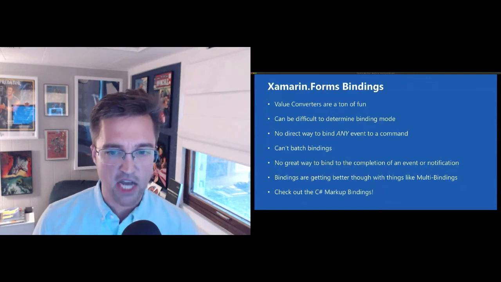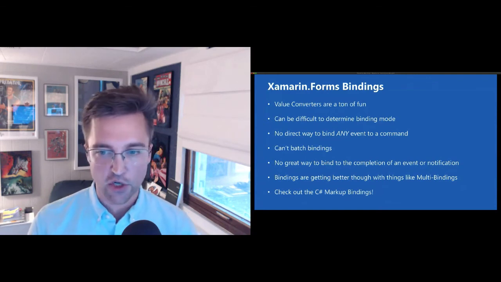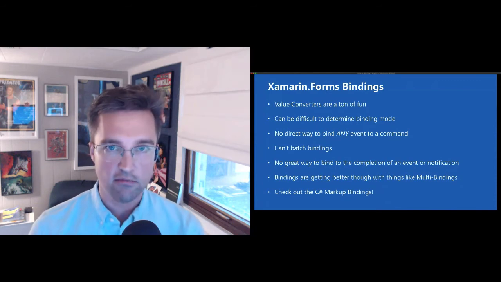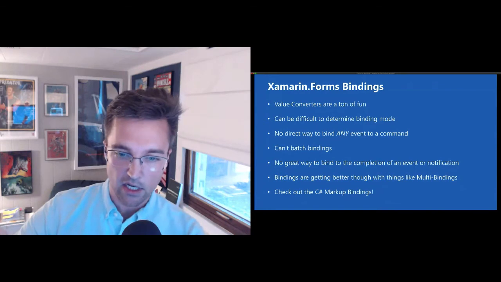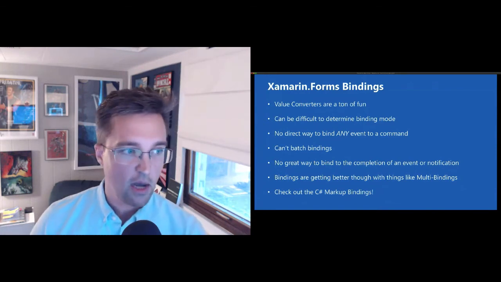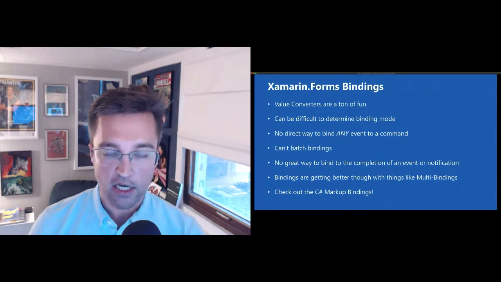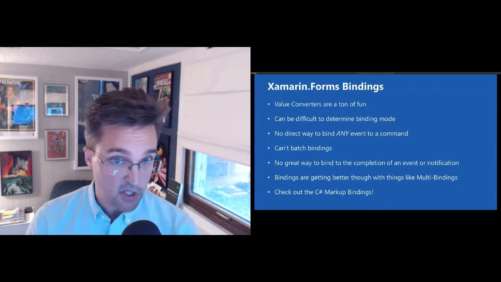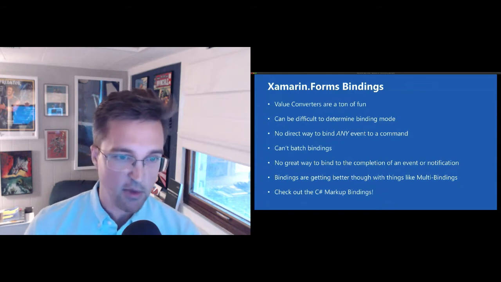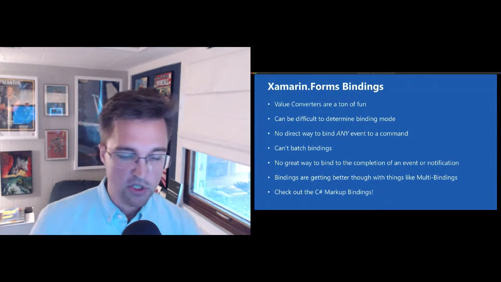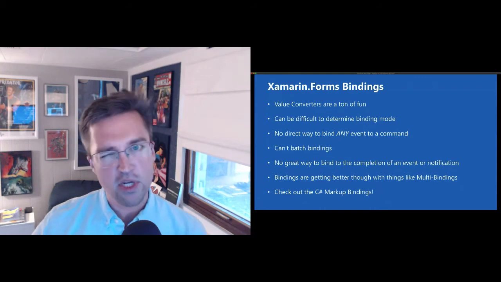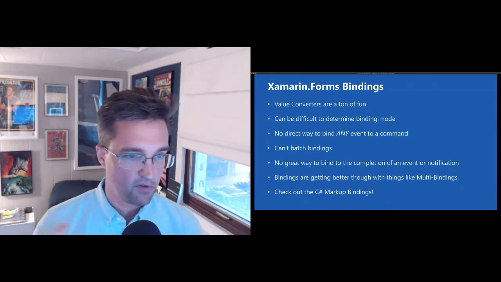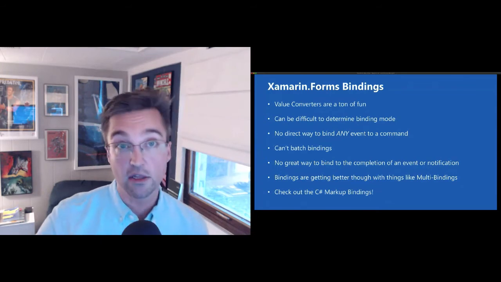And then you can't batch bindings. This one's going to sound funny, and I'll show an example of this to explain it. But if you get one object in, say I receive an employee object or a person object, I'm probably going to want to update my UI for every single property on that person, right? I've got to do their name and address and things like that. Typically, you would do that all with individual bindings, and it could be kind of a performance issue. And so there's no great way to batch those up. And finally, we can't complete them, or we can't listen to the completion of those